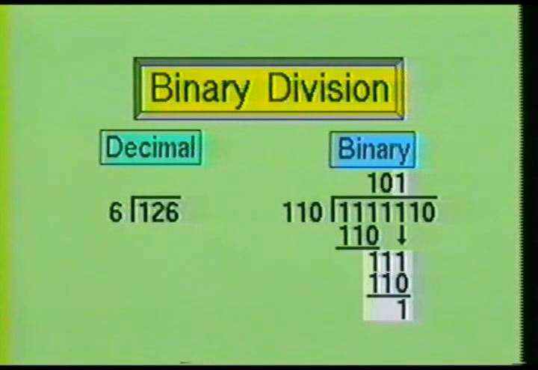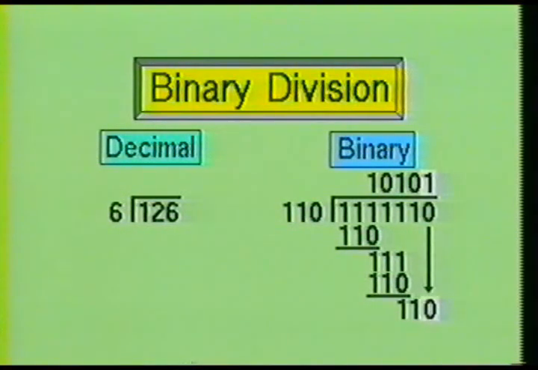From here, we bring down the next bit, which is a 1, and place it to the right of our remainder. This gives us the number 111. So our divisor of 110 will divide into this number, so a 1 is placed above this bit, and we subtract 110 from 111. Once again, we have a remainder of 1. Now we bring down the next bit, which is a 1, and place it to the right of our remainder of 1. We see that the divisor of 110 will not divide into this number, so we place a 0